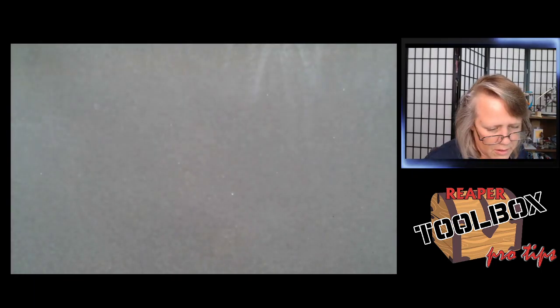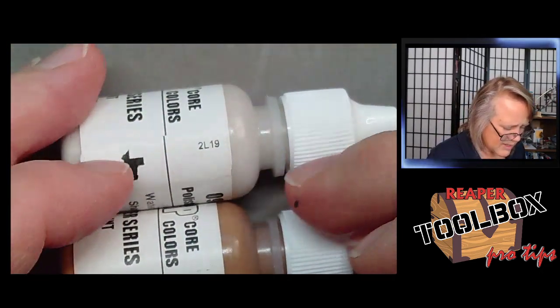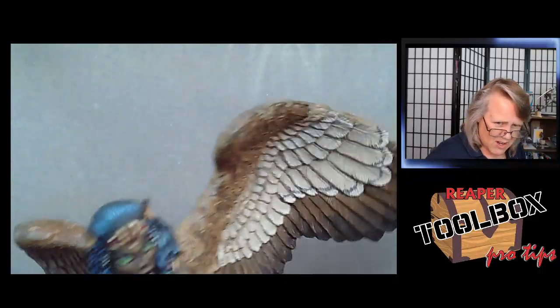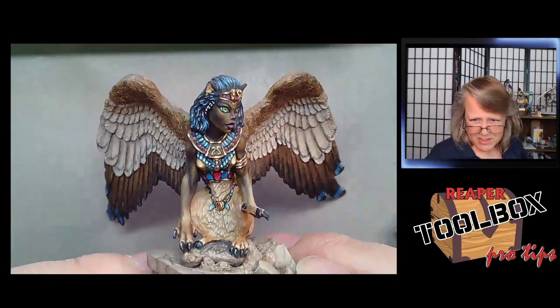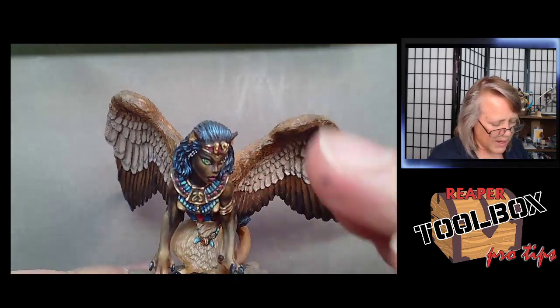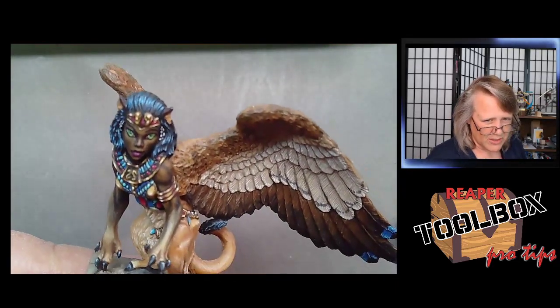It's about, let's see here. Faceless Horror is about as big as maybe 2 paint bottles. Maybe it's a little less. I want to say it's about as big as the body, a little bit bigger than the body of the Sphinx here. It's a medium-sized monster like this. It's a solid model, though, obviously. She's very svelte, but,